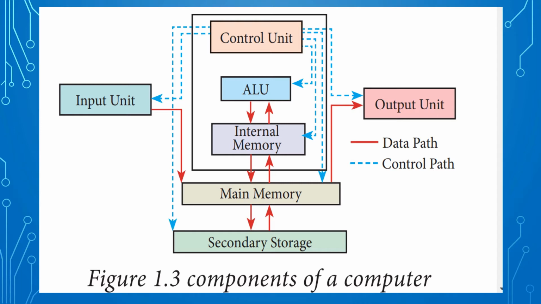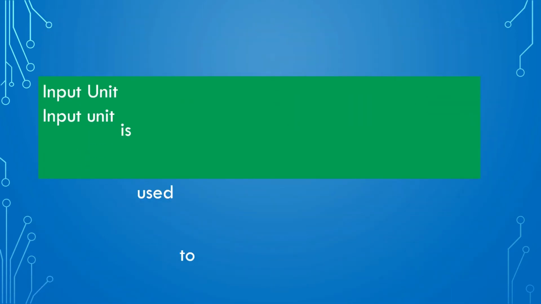Look at this diagram. First, the input is given through the input unit, that is the keyboard. It sends the data to the processing unit, that is the central processing unit. The central processing unit has three units: control unit, arithmetic logic unit (ALU), and memory unit. And after processing the data, it provides the information to the output, that is the monitor screen. Now we can see them one by one.